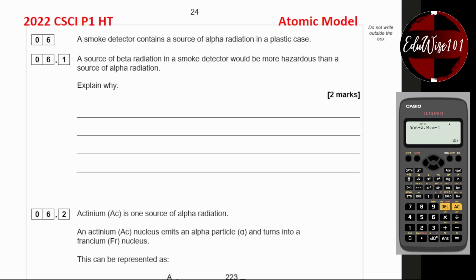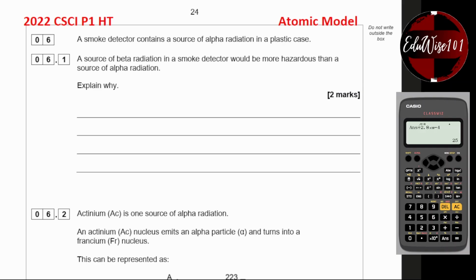In this video, I'm going to go through question number 6 from the AQA 2022 Combined Science Physics Paper 1 Higher Tier. Question number 6 is on the atomic model. A smoke detector contains a source of alpha radiation in a plastic case. A source of beta radiation in a smoke detector would be more hazardous than a source of alpha radiation. Explain why. Now, alpha radiation has the least penetrative power, so it's not going to come out of the plastic